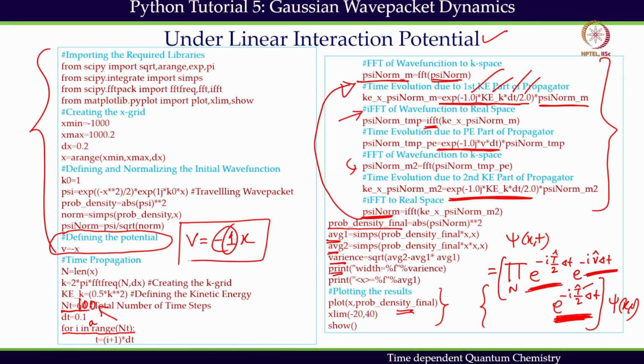What is the potential experienced by the particle? As long as the potential is known by the user exploring this one-dimensional dynamics, and as long as the initial wave function, the traveling Gaussian, is known, then one can time evolve the